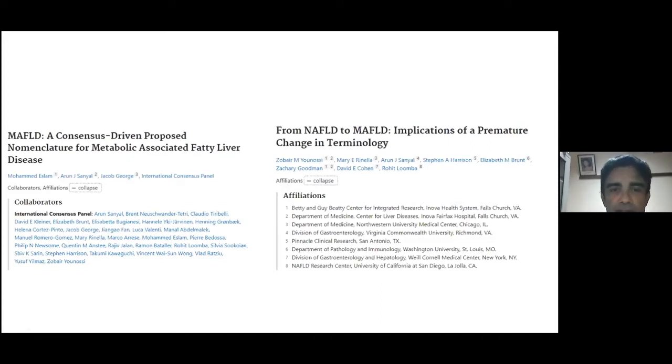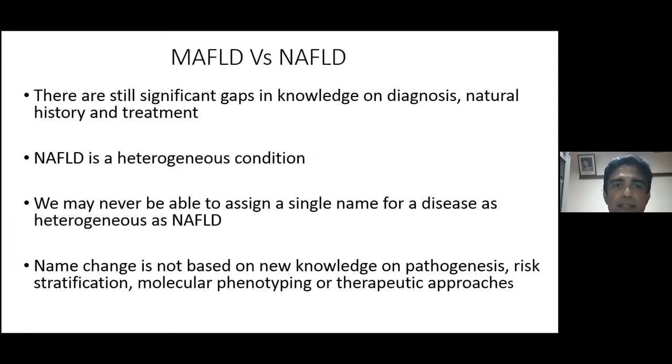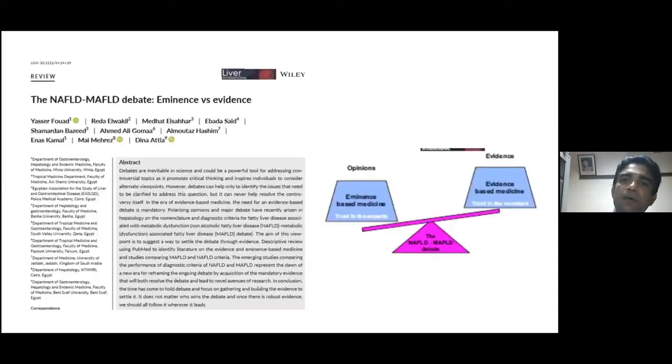To sum up what we have discussed so far, there are still significant gaps in knowledge on diagnosis, natural history, and treatment. MAFLD is a heterogeneous condition. We may never be able to assign a single name for a disease as heterogeneous as MAFLD. Name change is not based on new knowledge on pathogenesis, risk stratification, molecular phenotyping, or therapeutic approaches. However, as the debate goes on, just like anything else in this world, the balance is tipped towards eminence